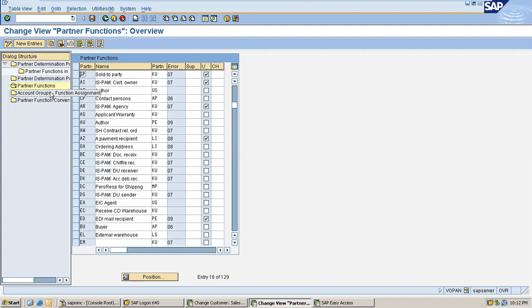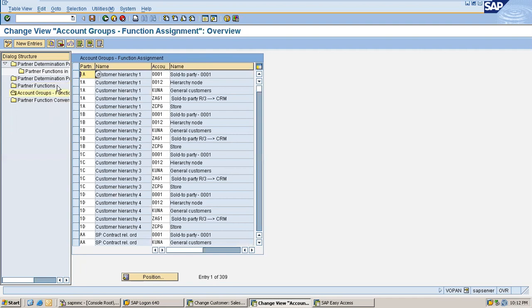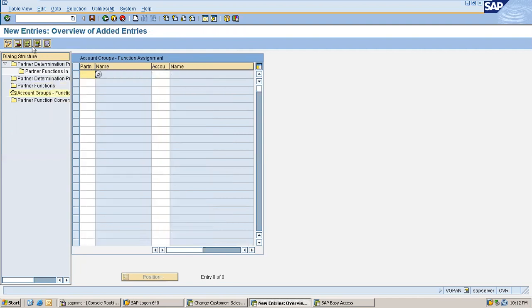Second step is account groups and function assignment. Here you go to new entries and your partner functions are SP, SH, BP, PY. Now I'll assign my account group which I just created, 1005, for all partner functions.